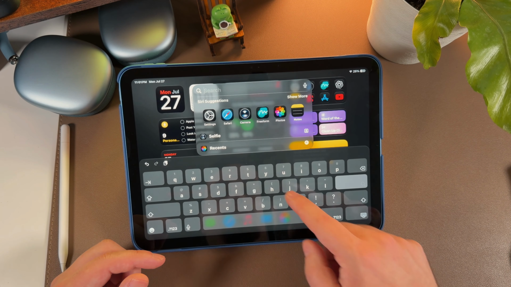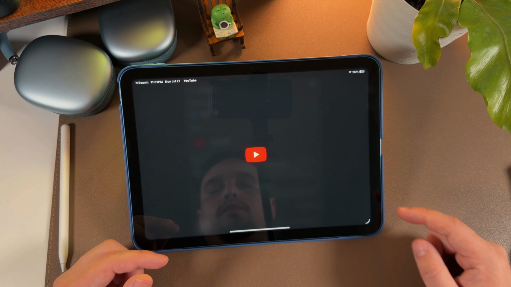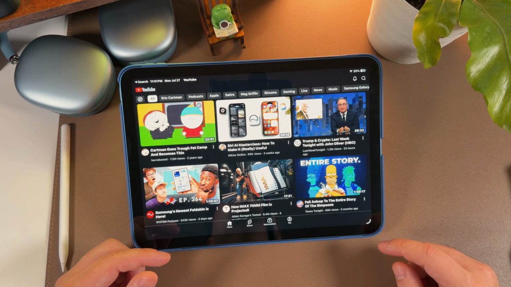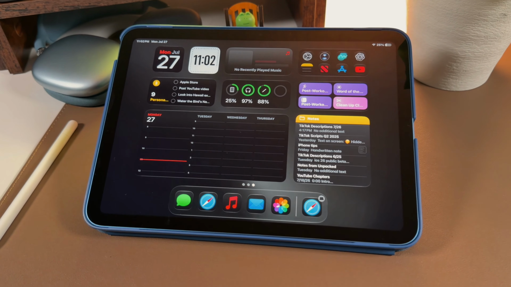And again, if you want something specific that's not on your dock or in your widgets, just swipe down for Spotlight Search, start typing the app name, and boom, it opens up right there. Honestly, quicker than hunting across multiple pages anyway. And there you have it, a clean, functional, dark-themed iPad home screen that actually makes your iPad easier to use,